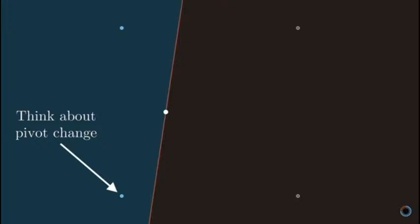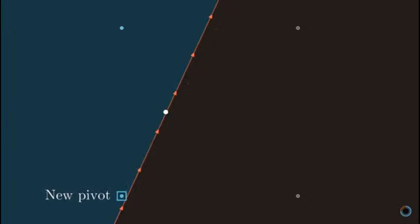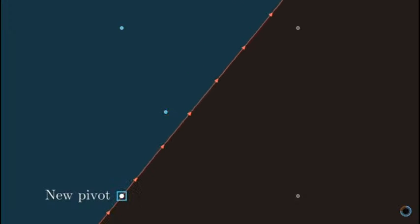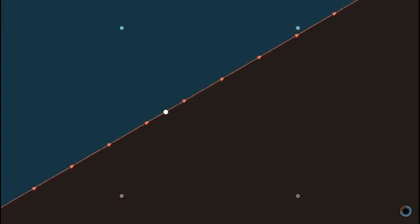Well, the key is to think through what happens as the line changes its pivot. Having given the line an orientation, we can talk reasonably about which half is above the pivot and which one is below. If the line hits a blue point on its left, it must happen below the pivot. So then when it changes the pivot and continues rotating clockwise a bit, that old pivot, now above the new one, ends up to the left, meaning it ends up in the blue region. And entirely symmetrically, when it hits a brown point, it happens above the pivot, meaning that the old pivot ends up in the brown region. So no matter what, the number of points on a given side of the line cannot change,